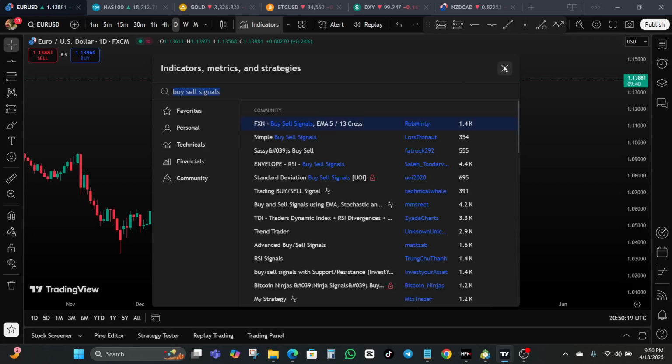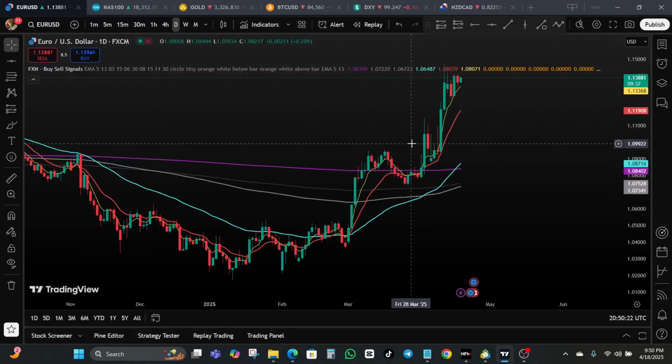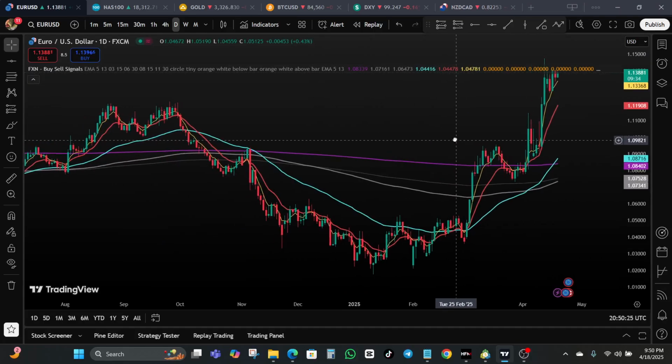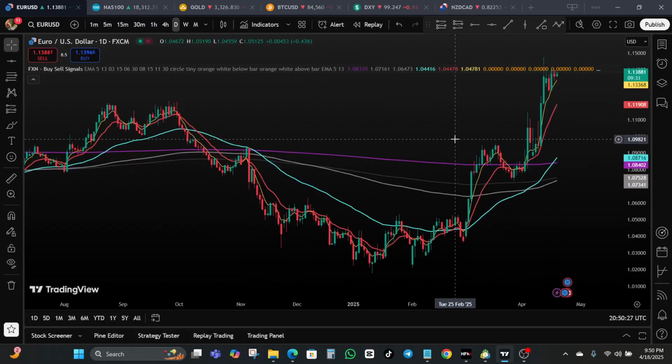Let us discuss the FXN buy sell signals indicator. We are going to be using this indicator to analyze key price levels and internal shifts in momentum. Basically, when conditions align, the indicator gives us a good opportunity to enter a trade. So no more guessing. You get instant feedback with visual clarity, and that is exactly what a day trader needs